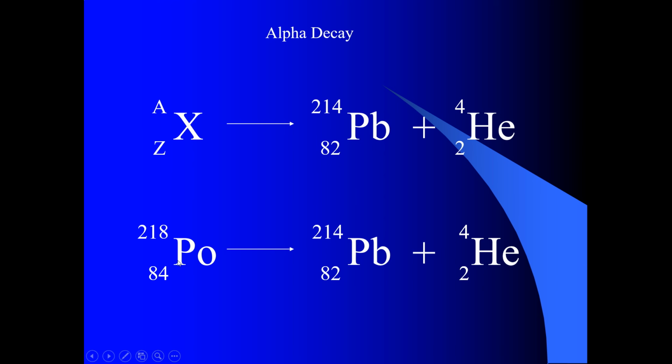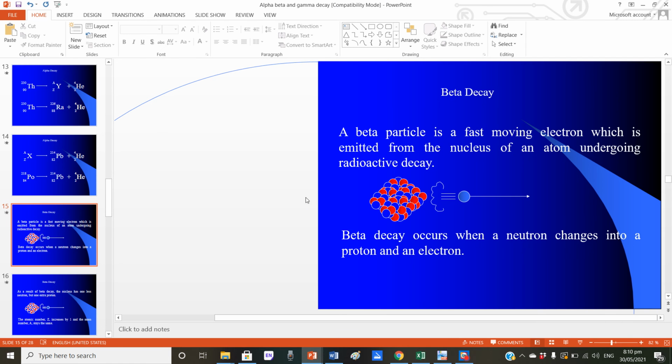So we have polonium with atomic number 84 and atomic mass 218, which after alpha decay gains the state of lead, with atomic number 82. This is the stable state that the atom gets after alpha decay. So this is all we have for alpha decay. In the next lectures, we will talk about